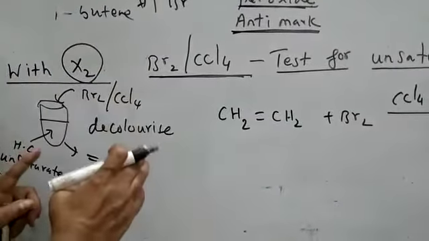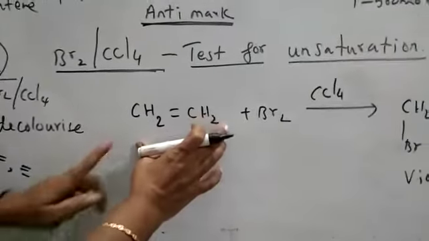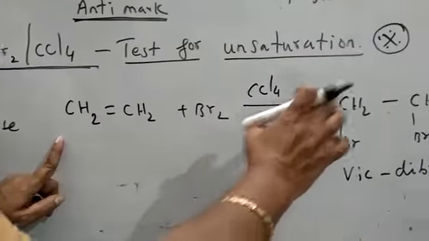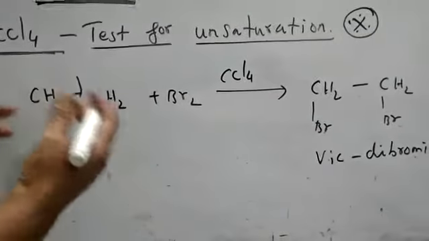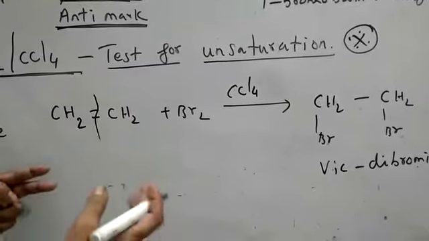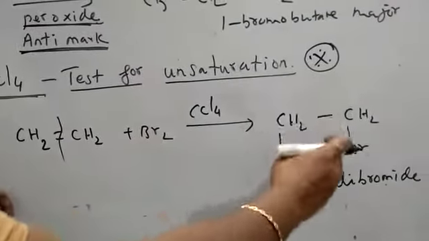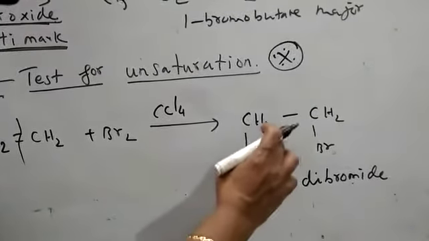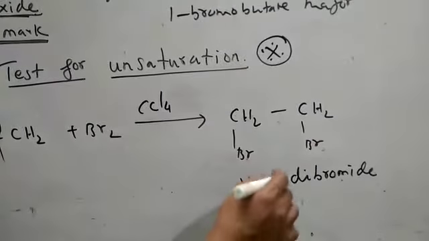So the process is explained. Let us see what the reaction is. Simple, the double bond is here. I have given ethylene with bromine in carbon tetrachloride. It is a simple addition: break the bond on both sides of a symmetrical alkene, where both sides have the same number of carbons. So here Markovnikov or anti-Markovnikov does not matter. You simply break the pi bond, add Br on both sides, and you get the dibromide, specially called the vicinal dibromide.